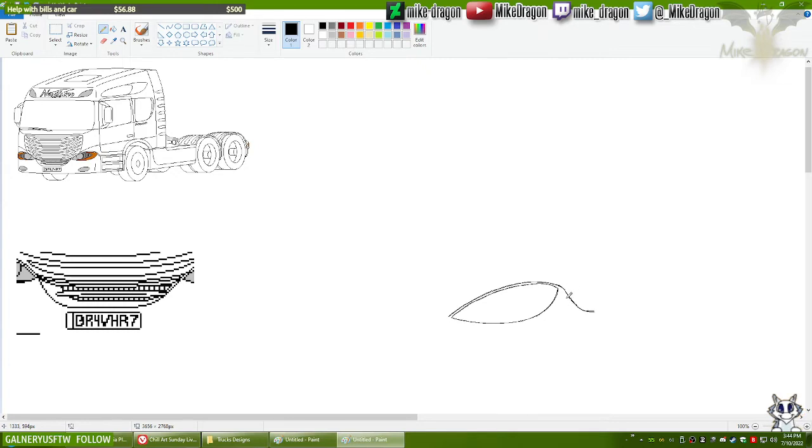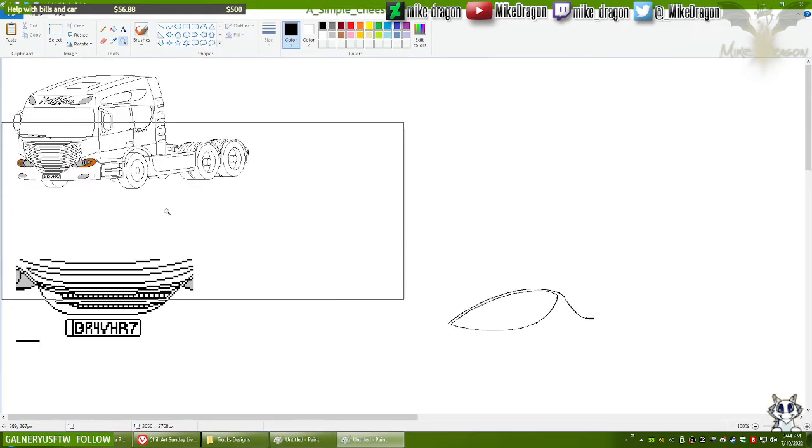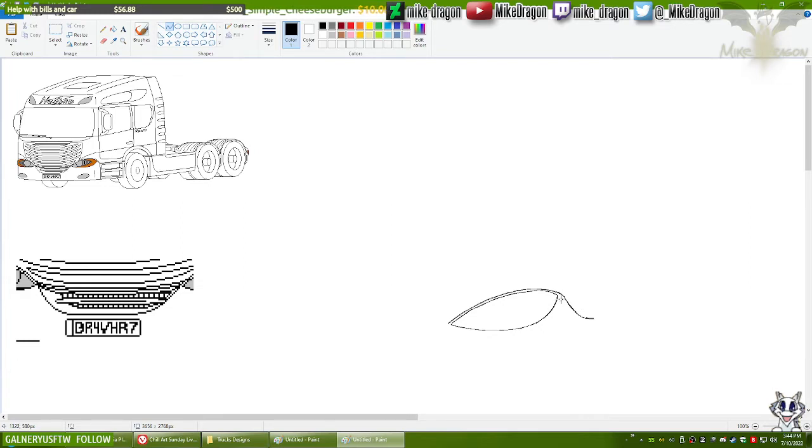This is going to need a few fixes later, but for the time being, this is good enough. Now, I will need another line coming right from the corner here.